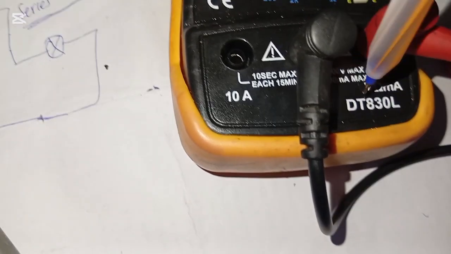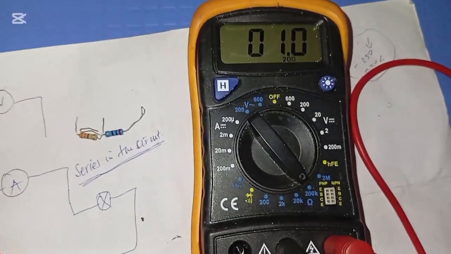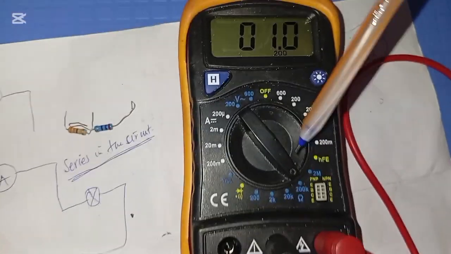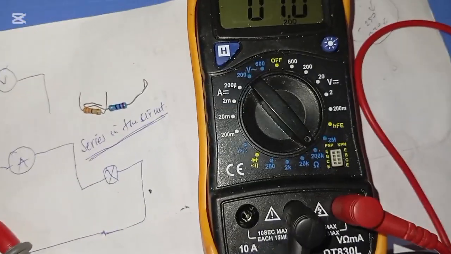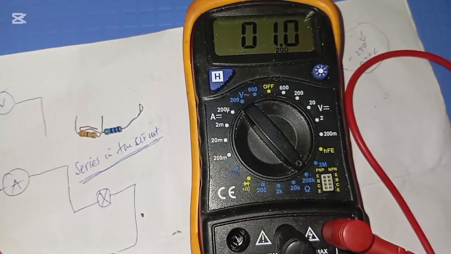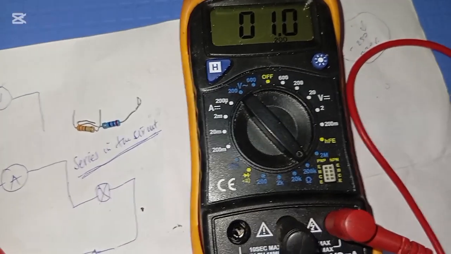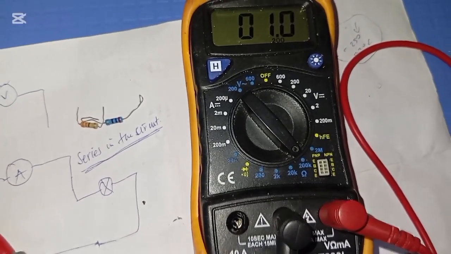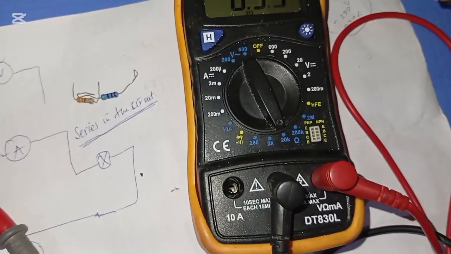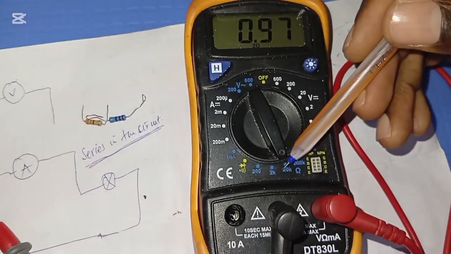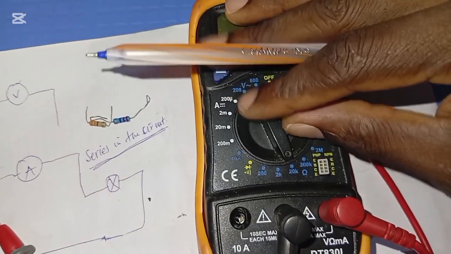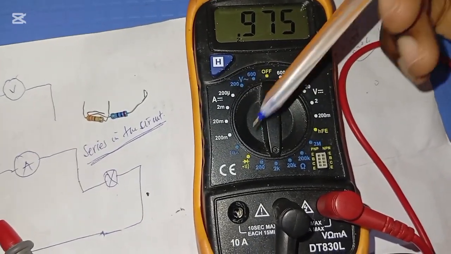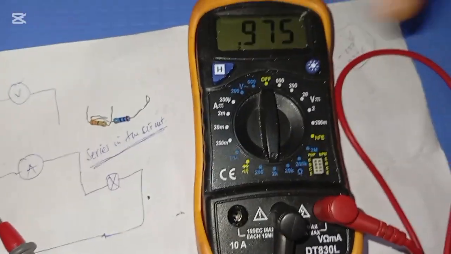You see the red is at where omega is. Then, I've selected 200K. So you can see that this resistor is a 1 kilo ohm resistor. It's a 1000 ohm resistor. You can see it's 1 point. If you want to see again, you can bring it back here to 20. You can see 0 point. So this is a 1K resistor. You can see it's still 0.9, it's still 1K. But when you bring it here,